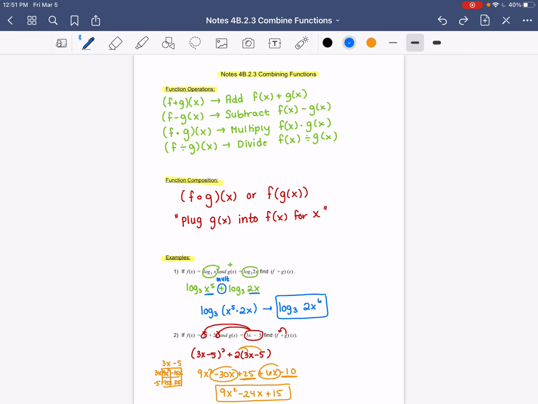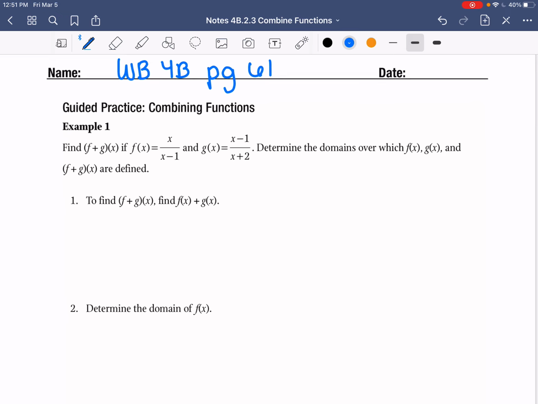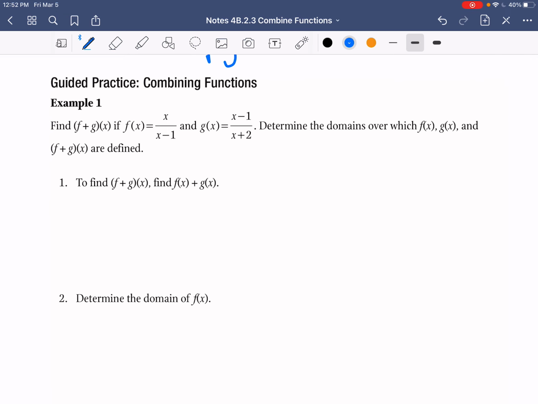All right, now we're going to grab our workbook. So this is going to be one picture that we take for our digital notebook. And then this is in the workbook 4B that we've been working on. This is on page 61, I believe. Yeah, okay. So it says find f plus g of x if f of x is equal to x divided